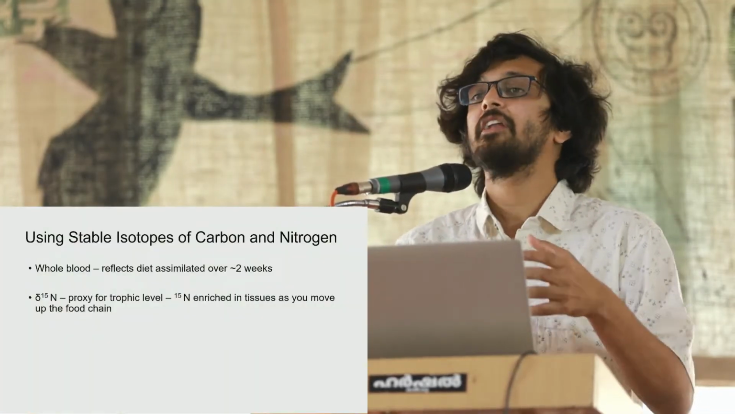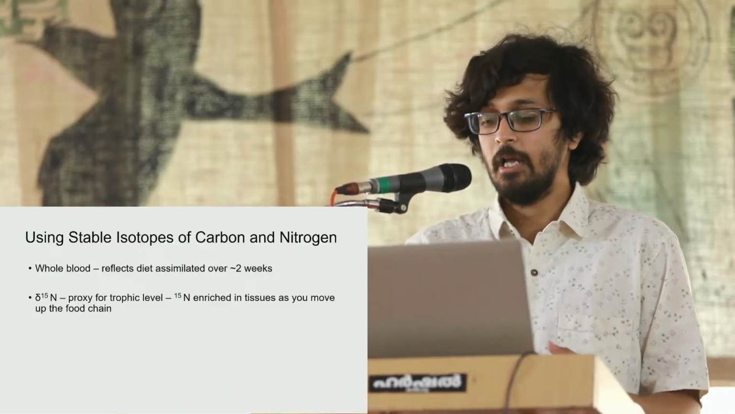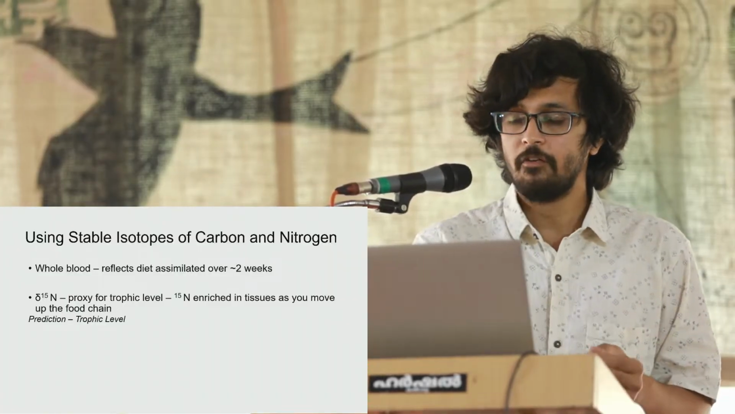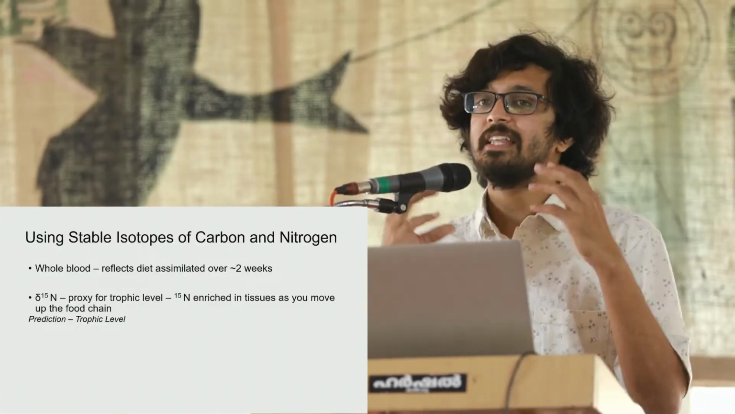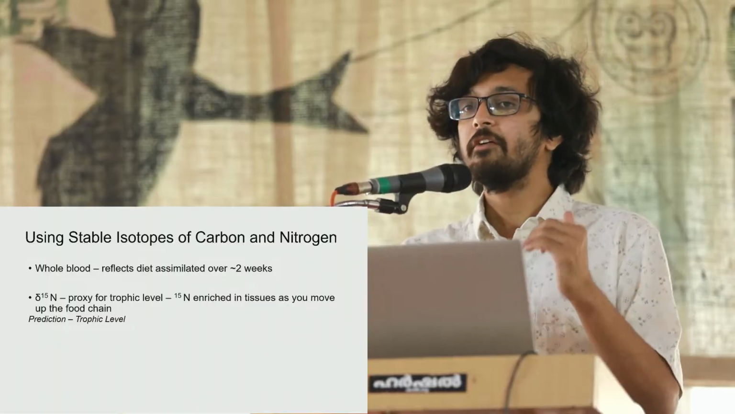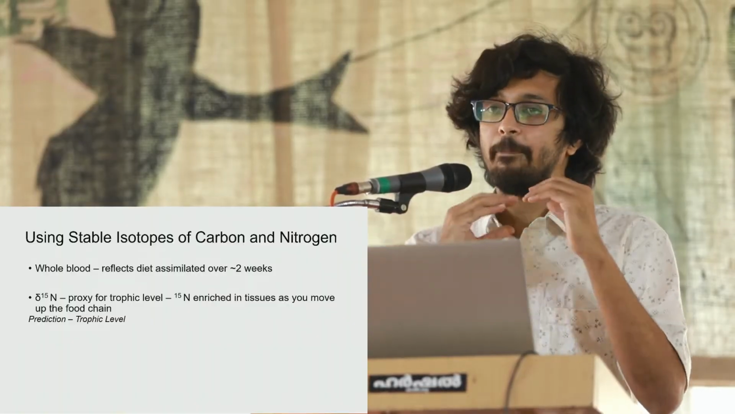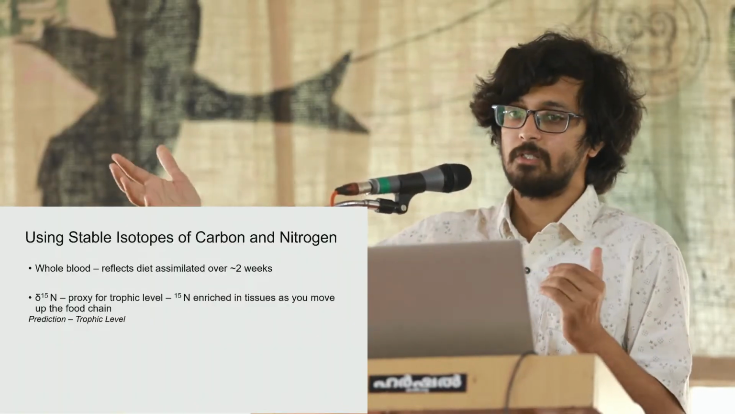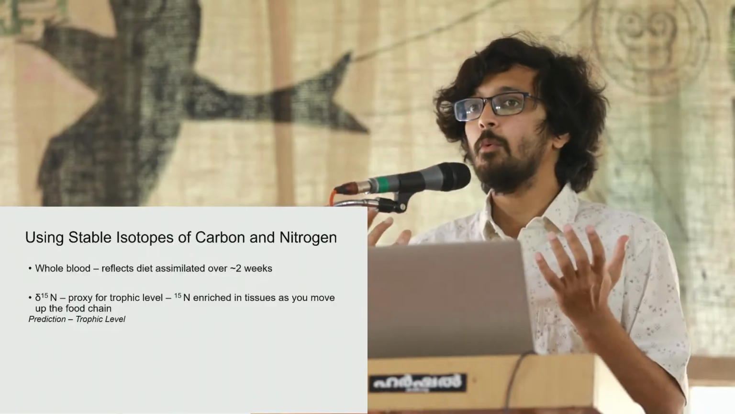So as you go up the food chain, the more carnivorous you get, the more amount of the heavier isotope of nitrogen is there in your blood. And so if you look at how much of that nitrogen is there in your blood, you can tell how carnivorous that species or that person was at the time when that blood was being synthesized. So what I did was, these birds